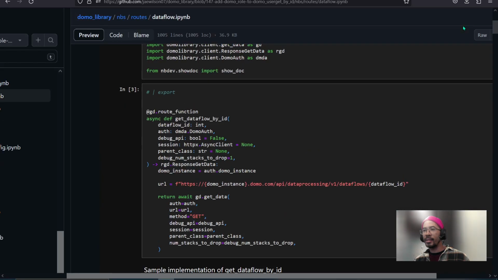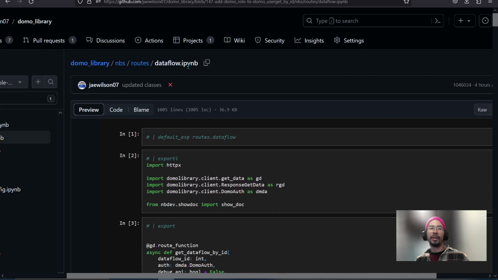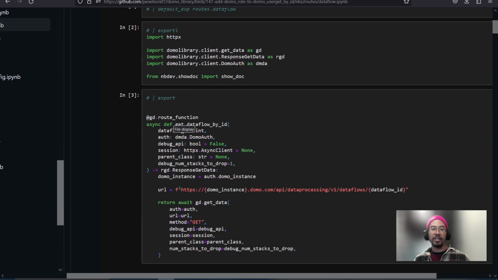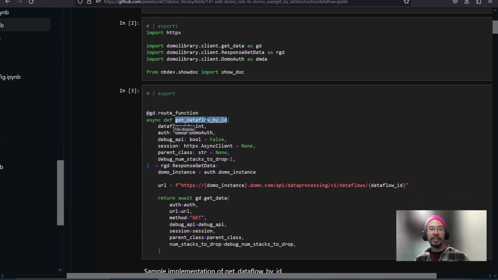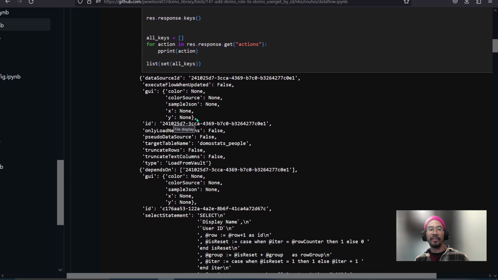So I did a lot of extension to DomoLibrary and added a whole bunch of new root functions to the DataFlow function. So let's take a quick look. Get DataFlow by ID, that was already there. It would return to us information about the current state of the DataFlow, including